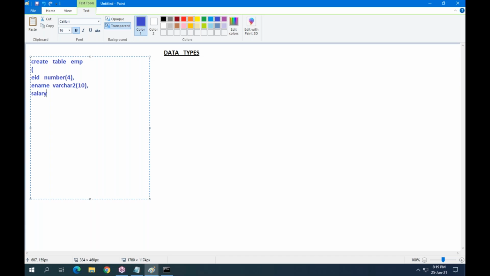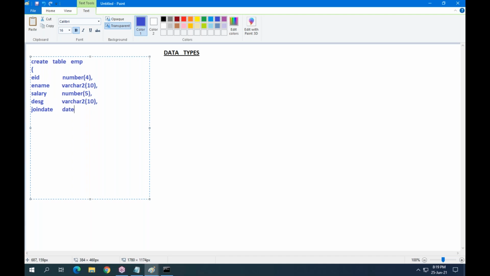Employee salary number 5. Employee designation varchar2 10. Employee join date. Join date is what type of data? Date type data.